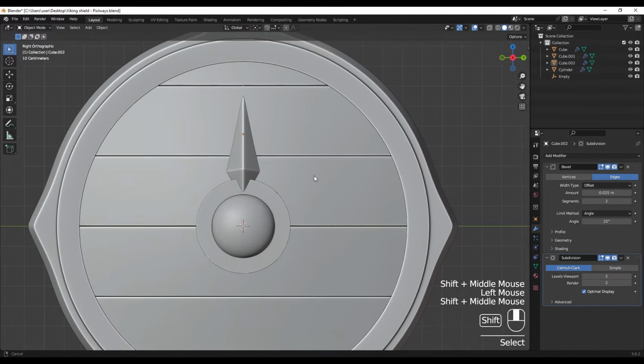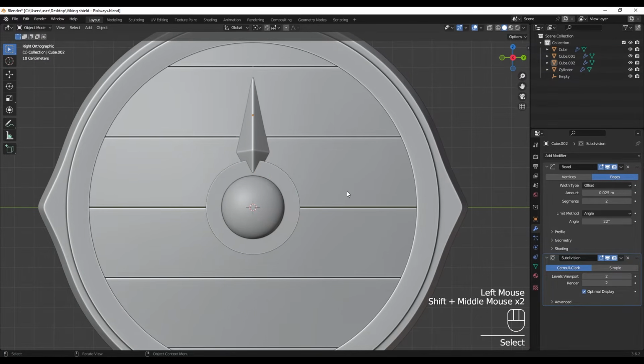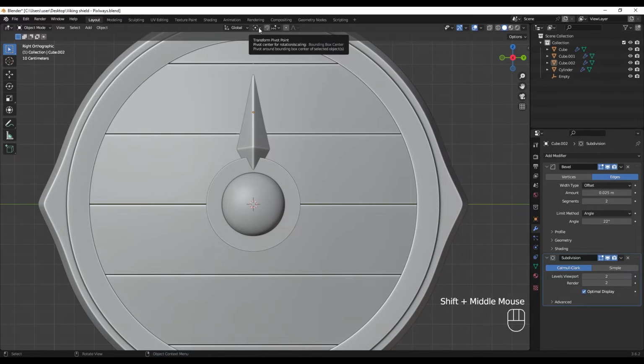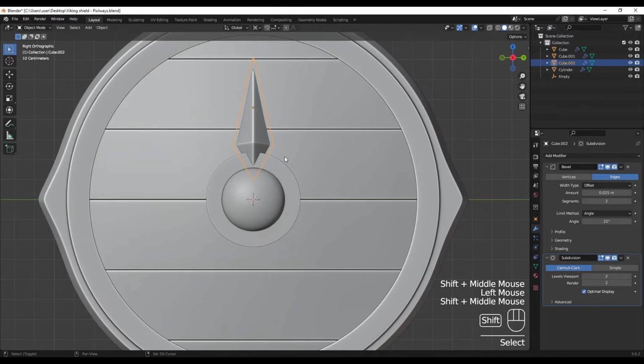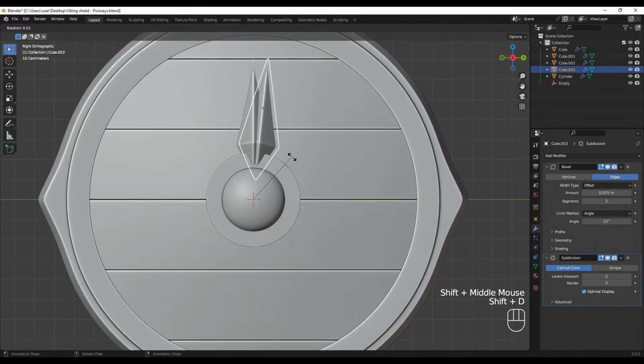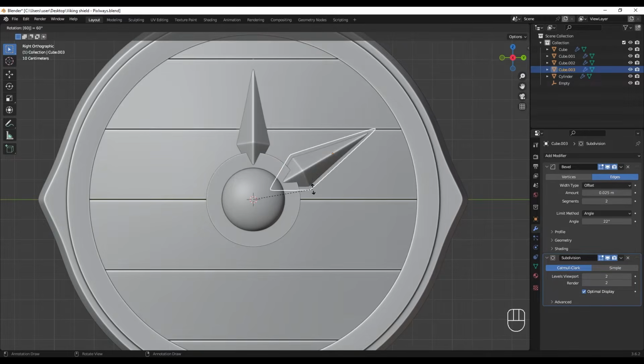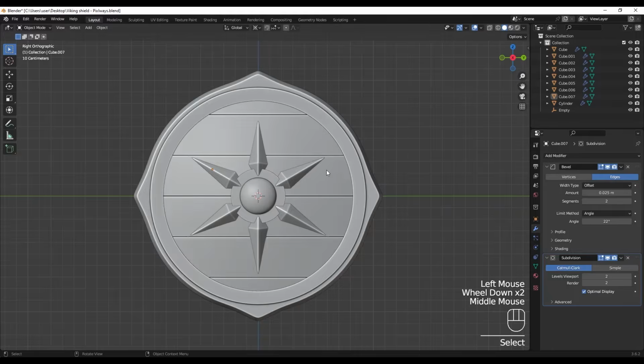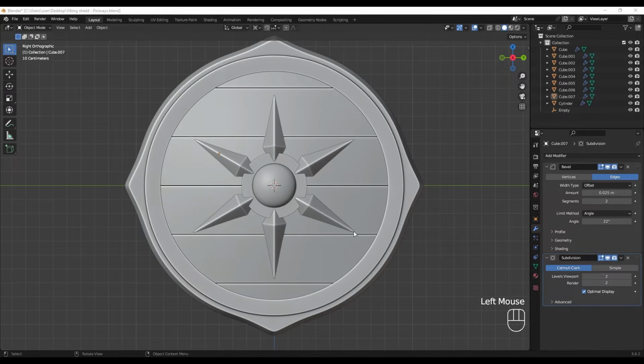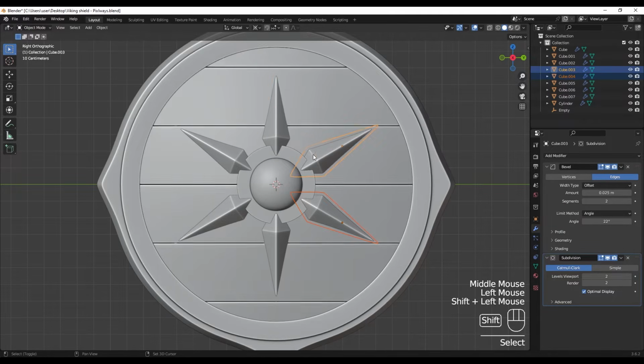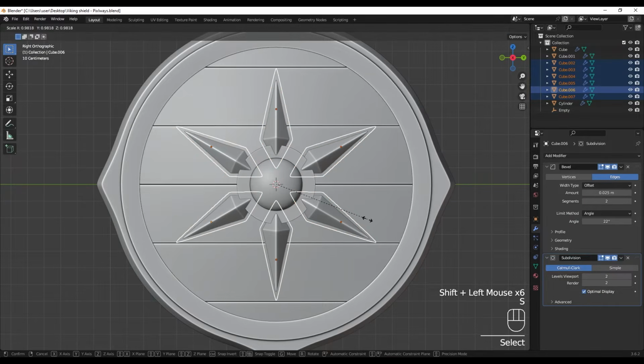The next thing I'm going to do is copying this to the center. So I'm going to put the pivot point to the cursor and select this one, Shift D, then R, press 60 and hit enter, then Shift R to copy this. And I think the whole thing is a little big, so I'm going to select all of this and scale